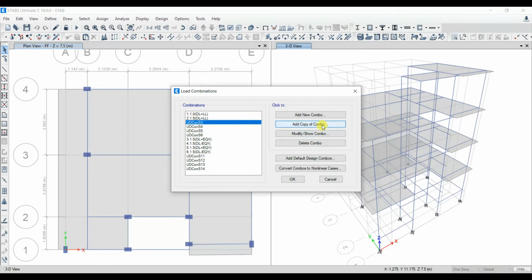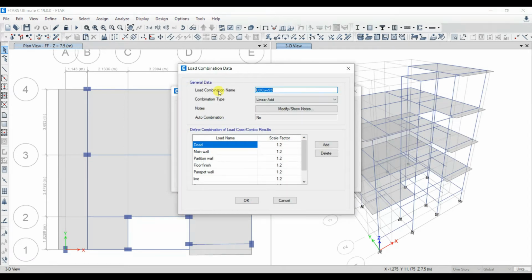Next let's go to this one and modify it as 7, that is 1.2 times dead load plus live load plus EQX. See here dead load is there, live load is there, and then EQX, positive EQX. Give OK. Next this one, 1.2 times dead load plus live load minus EQX. So this is negative EQX.